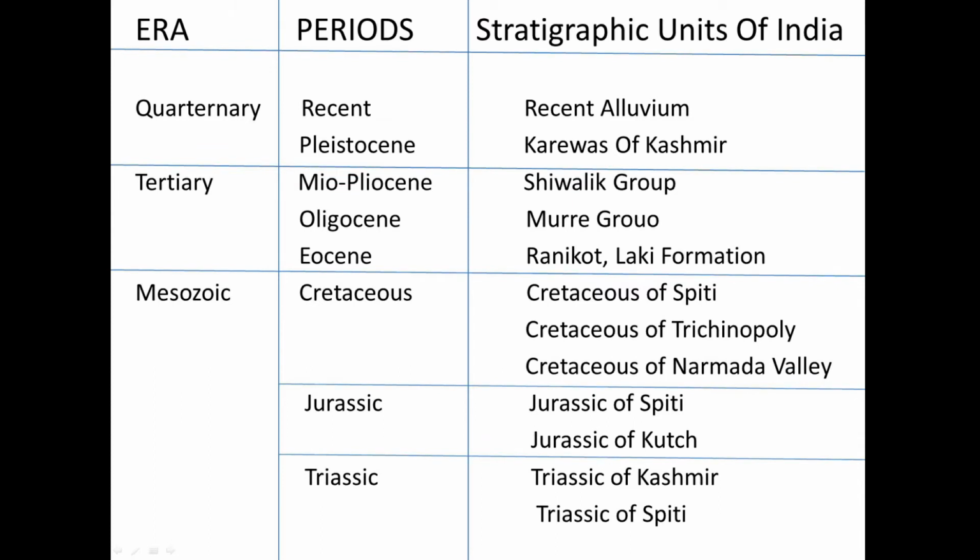Okay. Now one thing to consider here is, normally if we study anything then we study from top to bottom, but in stratigraphy we do the reverse. That is, we study the rocks from bottom to top, that is from older to younger succession. That's why whenever you are asked the succession of any supergroup or group, then you should start from the bottom and go towards the top. Okay, now let's discuss the rocks of Precambrian era.